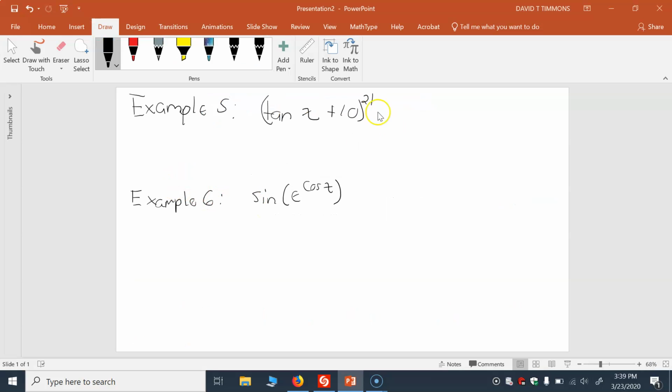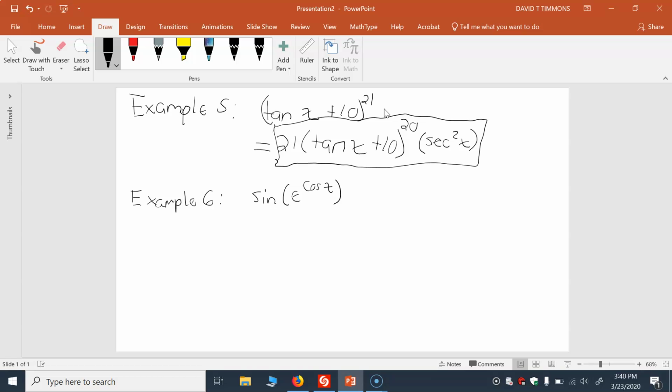So let me go to my file here. And so what we want to do is really what we saw in some of these other examples. Right? So when we look at this derivative, you can see it's really the outer function is something raised to the 21st power, so we'll apply that rule, right? The 21 comes out front. We'll copy over that inner function, tangent of x plus 10. 21 becomes 20, and now we have to take the derivative of the inner function, which is tangent of x plus 10. The derivative of tangent will just be the secant squared of x. All right, so that essentially is your derivative